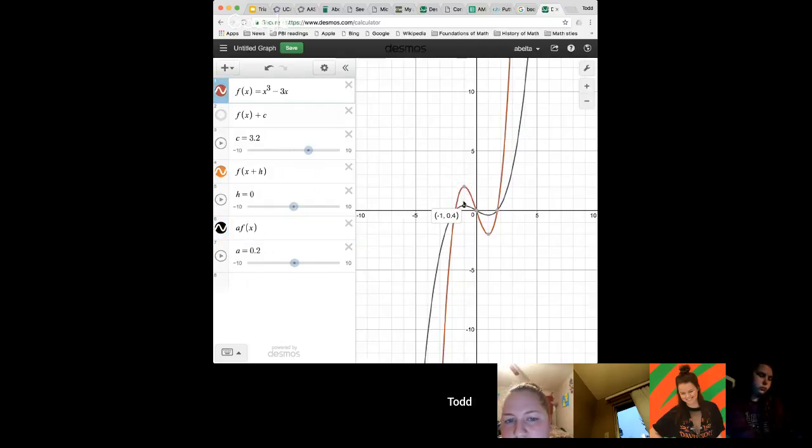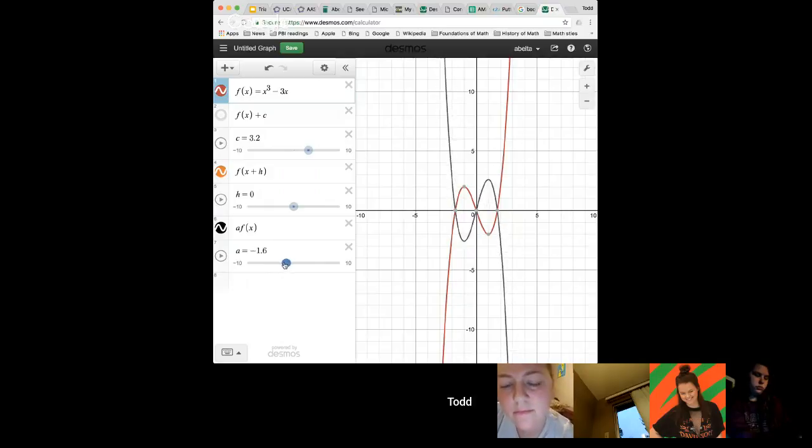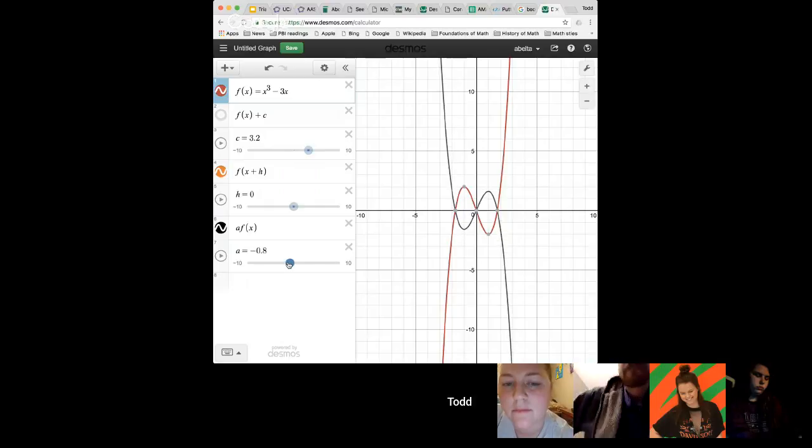So it's 2/10 of what it was before, right? So everything's compressed toward the axis. If it's negative, then it works the same way, except you reflect. Does that look okay? Yep. So